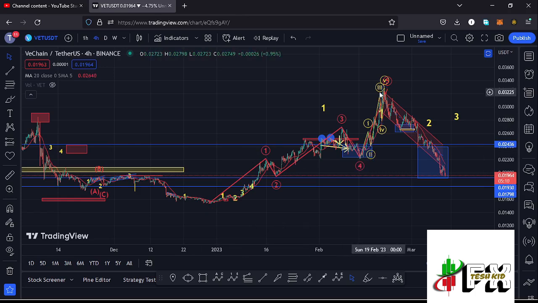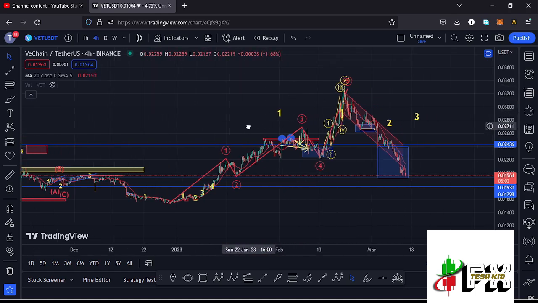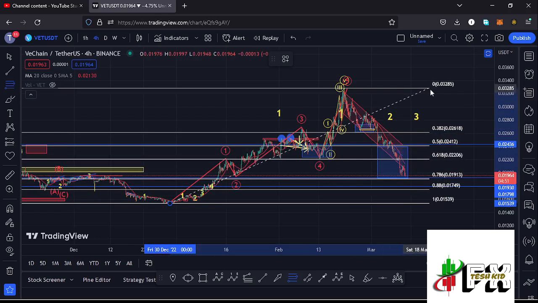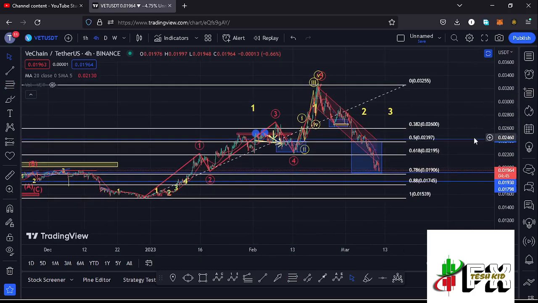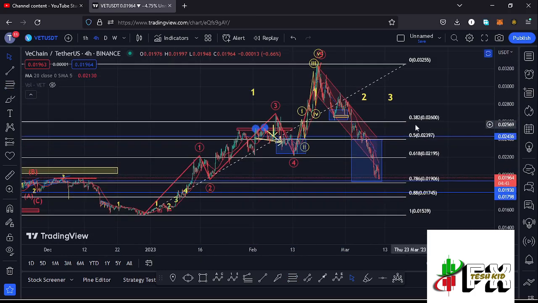And after seeing the high for that wave 5, we completed an even larger Elliott wave count 1 to the upper side, and after seeing the formation of a larger Elliott wave count 1, whatever we expected on the short-term scenarios was a corrective structure to the lower side in the formation of a larger Elliott wave count 2, and using the Fibonacci connecting them from the low of the first wave down there to the high of that wave 1, I was able to come up with a minimum retracement area to the lower side in the formation of that larger Elliott wave count 2 between the fib level 0.5 and the fib level 0.618,